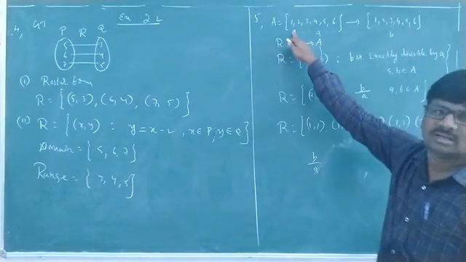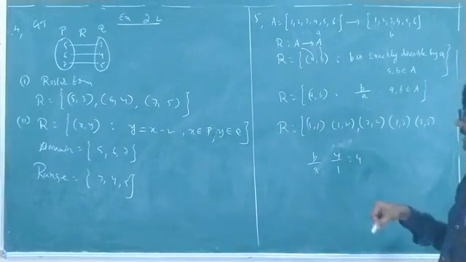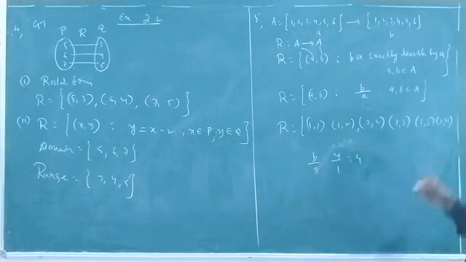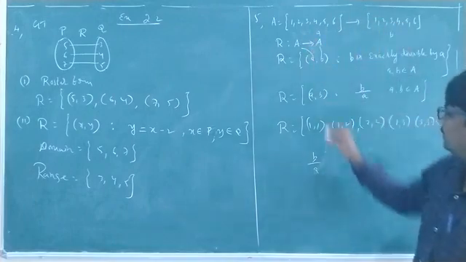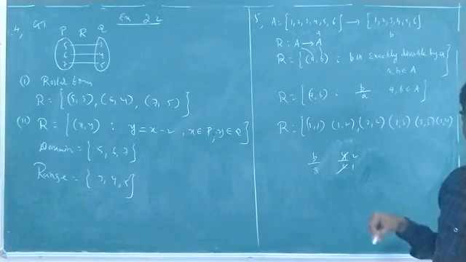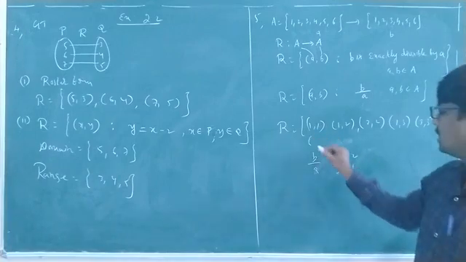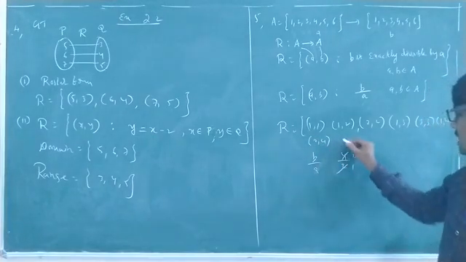4 by 1: yes. 4 by 1 means 4 only we get. So here A value 1, B value 4. Next, 4 by 1 is over. 4 by 2: 2 is cancelled 2 times exactly. Here A value 2, B value 1. So what is the other pair here? (2, 4). Okay, next.